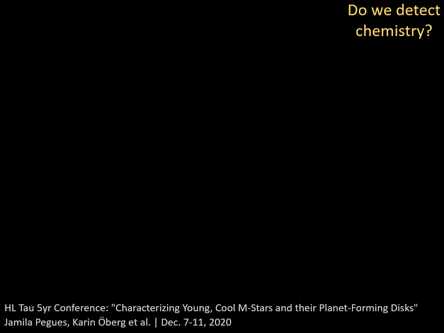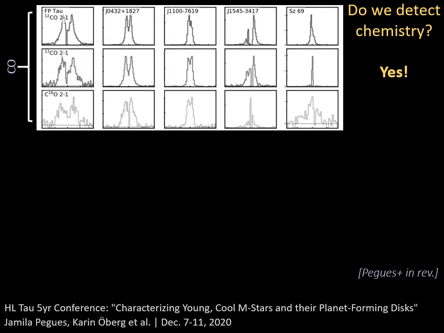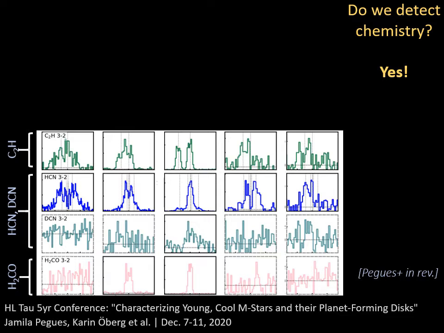Now, the first question we wanted to answer was, do we detect any interesting chemistry in disks around M4 to M5 stars? And the answer is yes, we do detect interesting chemistry. So here I'm showing in each column a different disk, and each row is for a different molecular line. And we detect all of the CO isotopologues within our sample towards all 5 disks. We also detect C2H and HCN towards all 5 disks, and we detect the fainter lines of DCN and H2CO